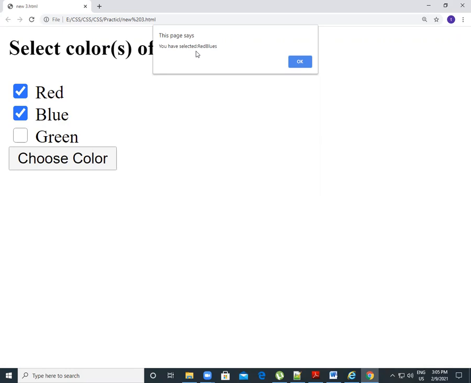Yeah, you can see that here you got a message, and in that message you have selected blue and red and blue, correct? So in that way you can run your program, selecting multiple checkboxes at the same time. So let's stop today's lecture. In the next lecture we will see changing the label and how to manipulate our form elements, correct? So thank you for today's lecture.